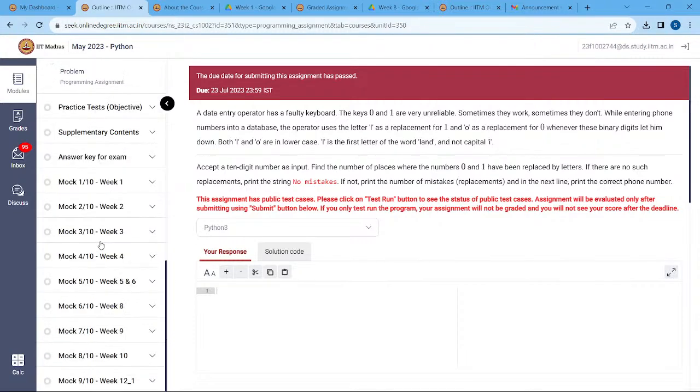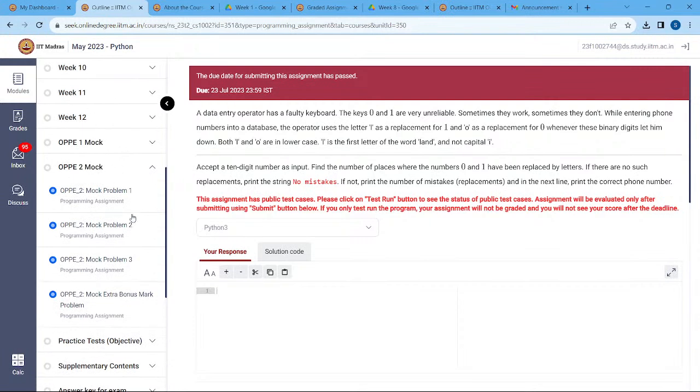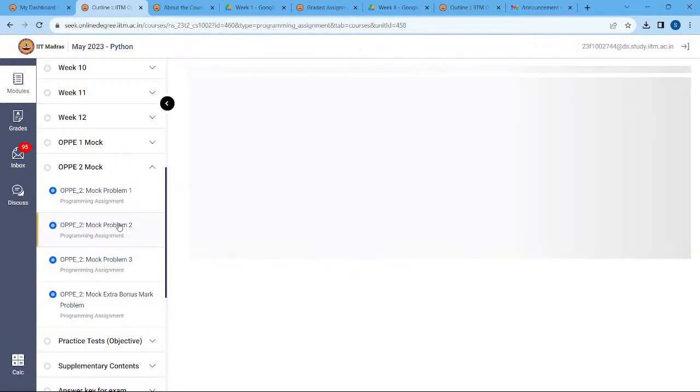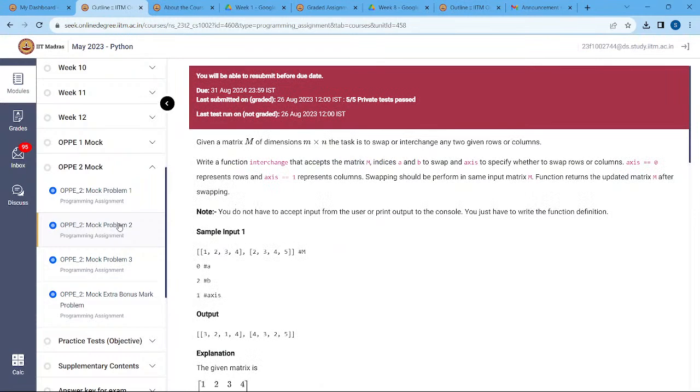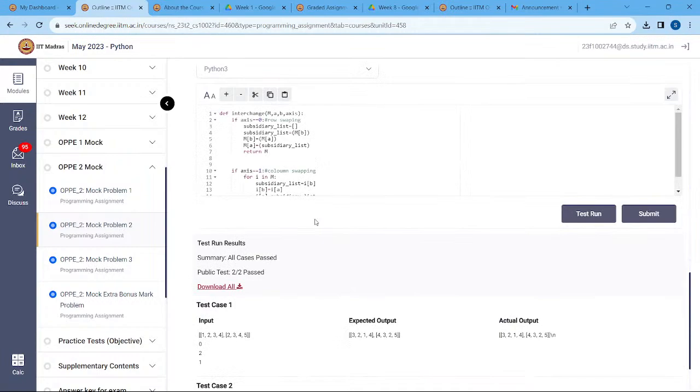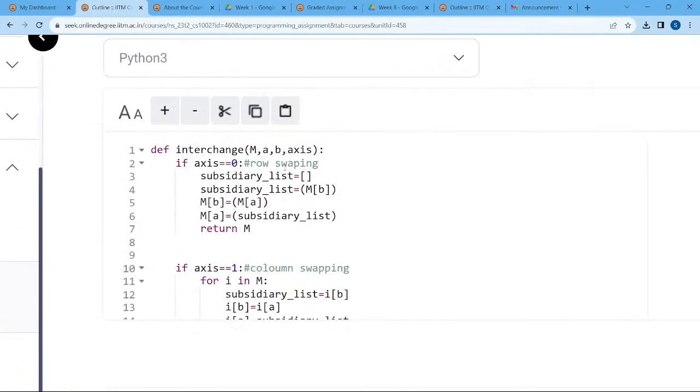See, mock 1, let's skip mock 1. See this, there were 4 problems provided, and I solved each and every one of them on my own or in a group. So we brainstormed the problems and did not copy the code from anyone else. Okay, as you can see,